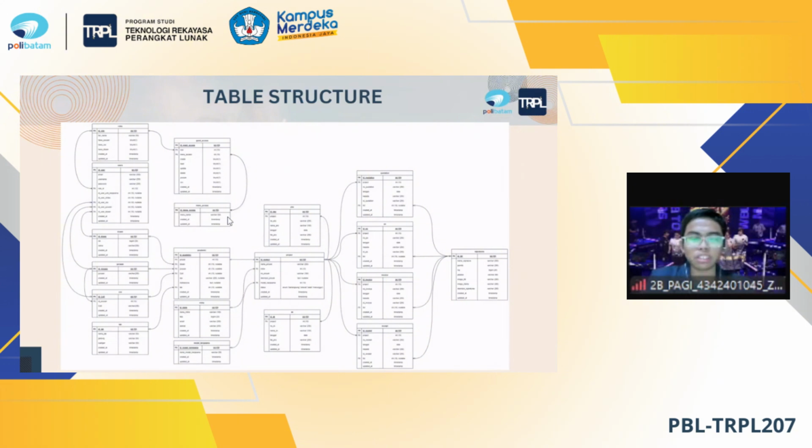Our database structure consists of 19 interconnected tables using foreign key relationships. The data types are carefully chosen based on their purpose. For instance, integer is used for primary key and foreign key, char for textual data such as name and description, and timestamps for automatic time recording. Boolean-like fields such as read, update, and delete in the grade access table use tiny integer for efficiency.